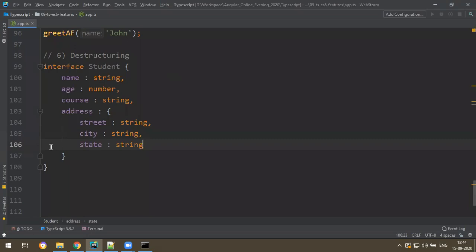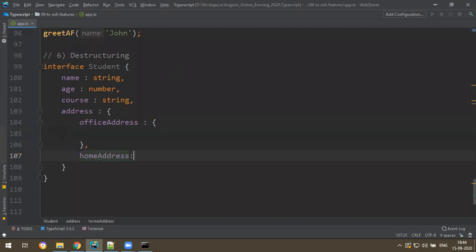Along with that, okay, can you do one thing, something more? In address, I'll take two addresses. For example, office address, an object, and also home address, another object, like this.